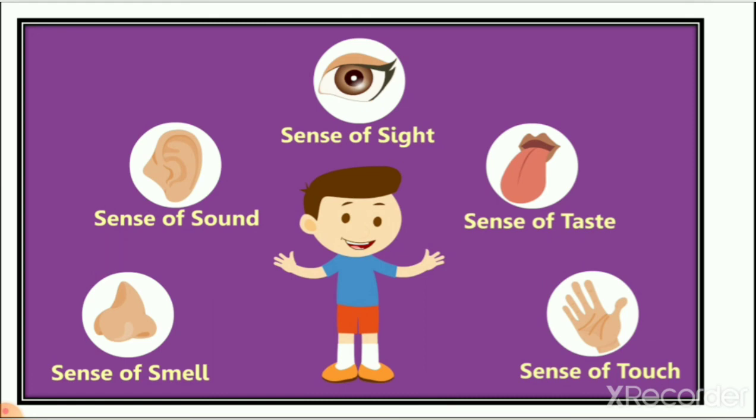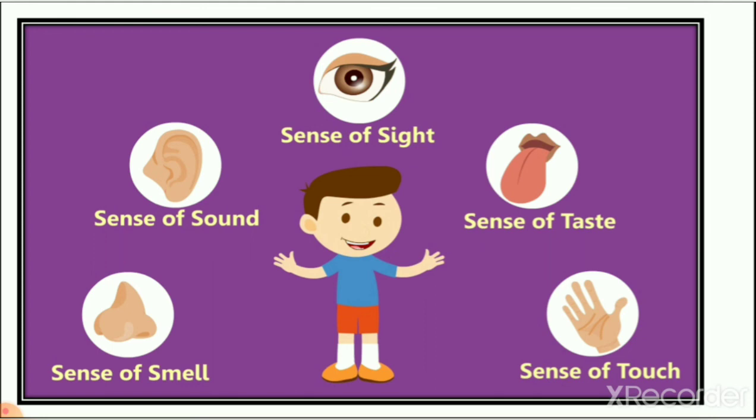Then sense of touch. It means a teddy bear is very soft. When we sleep at night, we know that our pillow is very soft. If it is hard, you cannot sleep properly. It means sense of touch. Then number 4 is sense of sound, that you can identify your mother's voice, you can identify your father's voice. So you can feel the world around us.